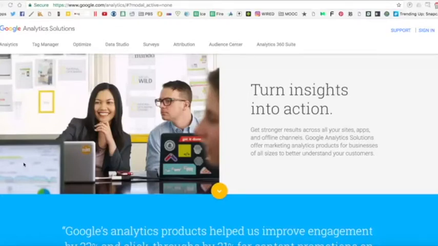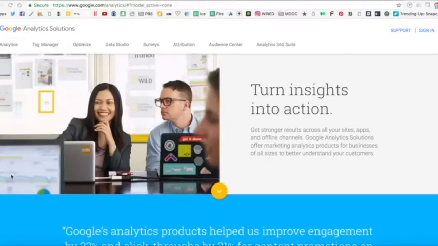Again, it's free. You just have to sign up and put the code on your site and you'll start getting the data from Google. So let's walk you through what it looks like once you do get that information and that code installed on your self-hosted page. Again, this won't work on our free WordPress blogs.